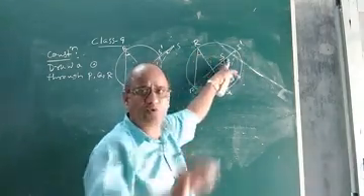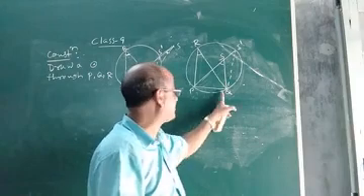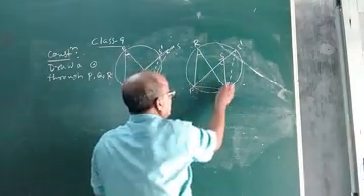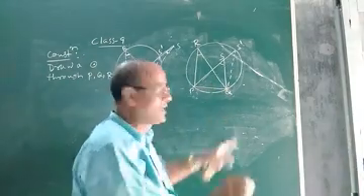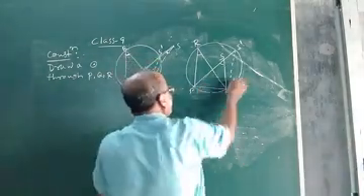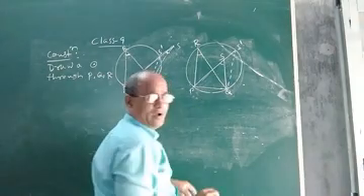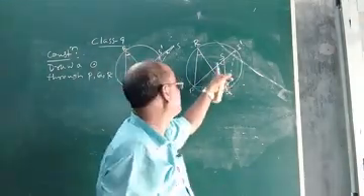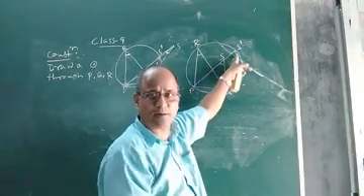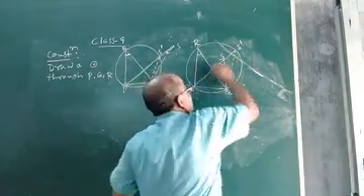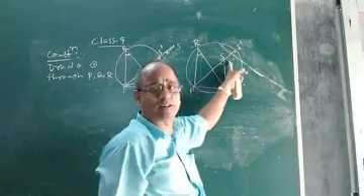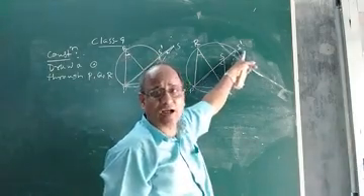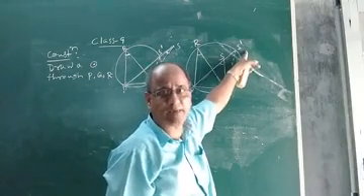R and S are two distinct points lying on the same side of PQ. Then I said you draw a circle through these three non-collinear points P, Q, R. In this case, the circle drawn through the three non-collinear points does not intersect PS, but it intersects PS produced. I hope you know what is meant by PS produced. PS produced means it has been produced. Look at the line segment PS. PS has been produced, and it intersects the circle at a point, say S dash or S prime.